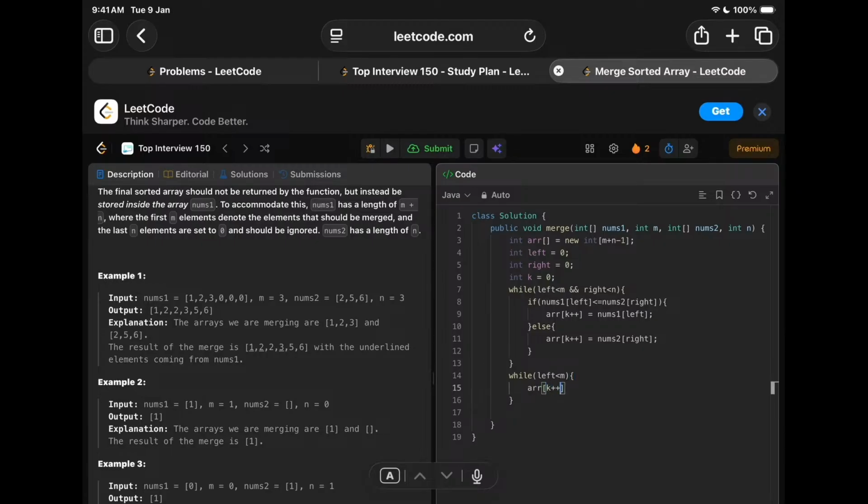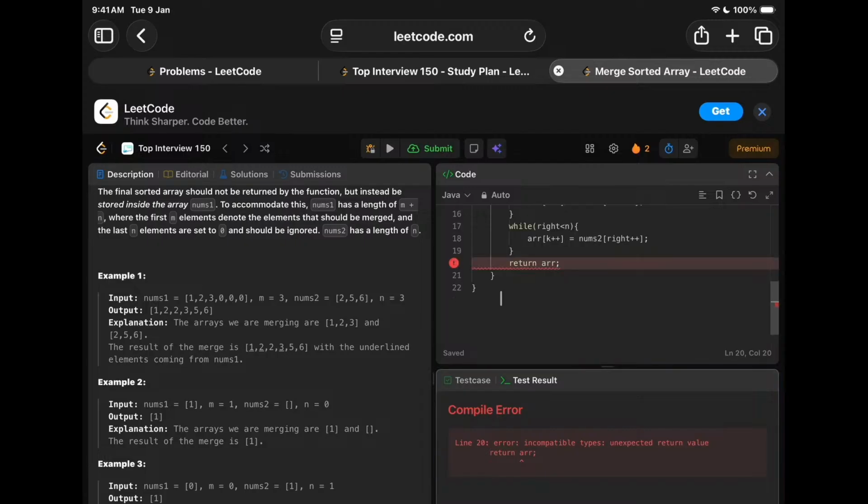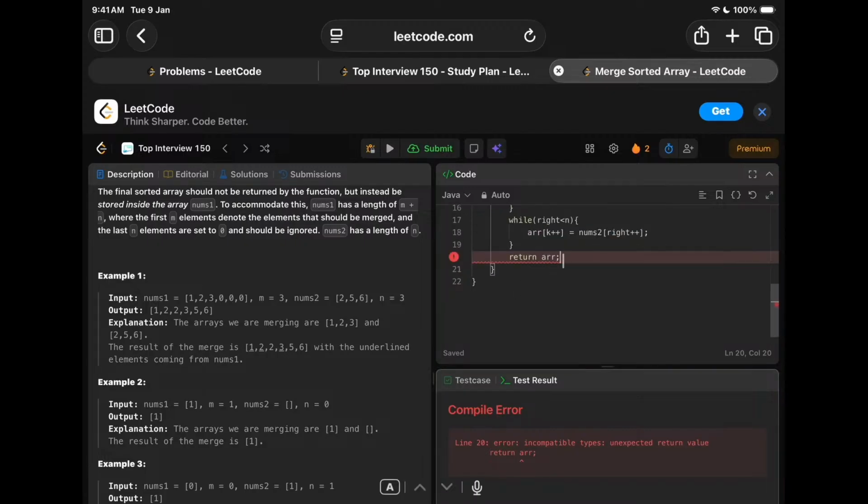Array of k plus plus equal to nums1 of left and nums4 left plus plus as well. And array of plus plus, and we can directly return the array. I think it's fine. So what we can do is